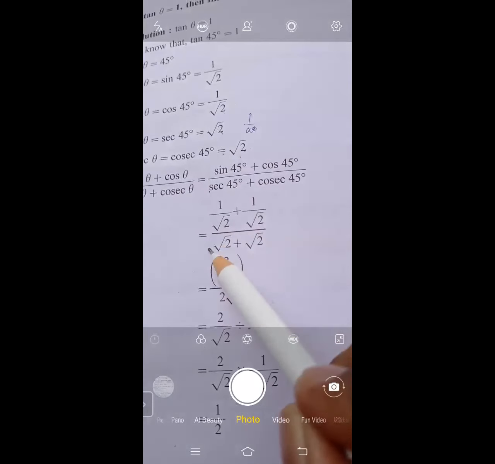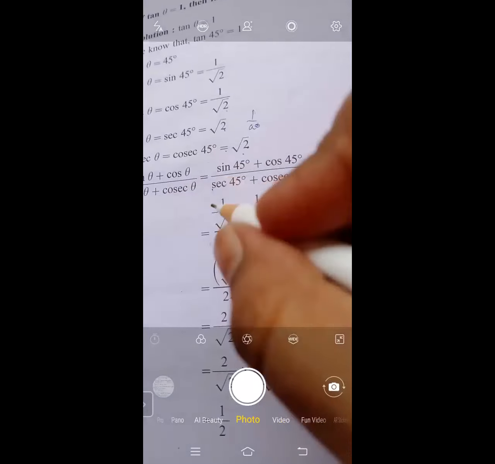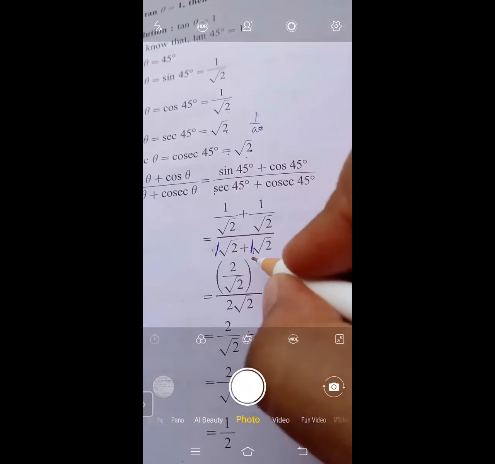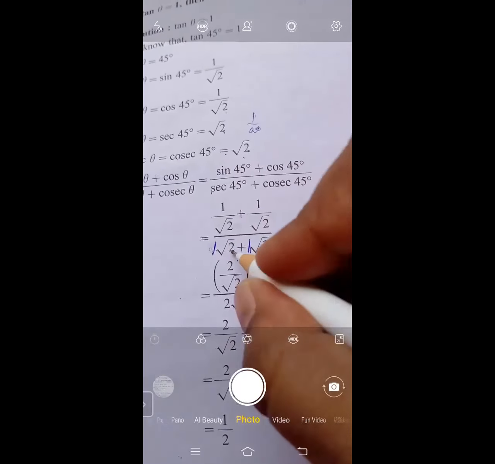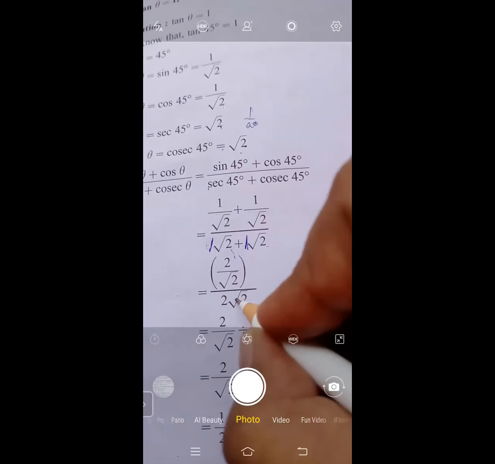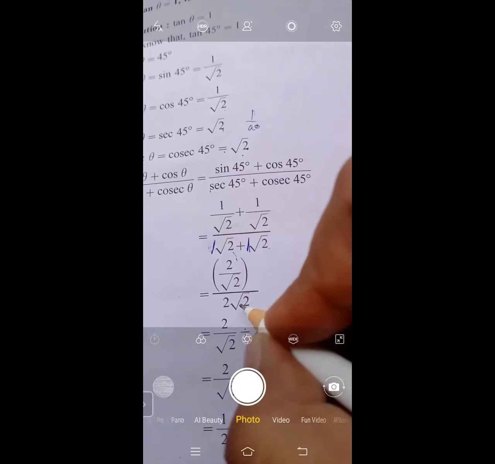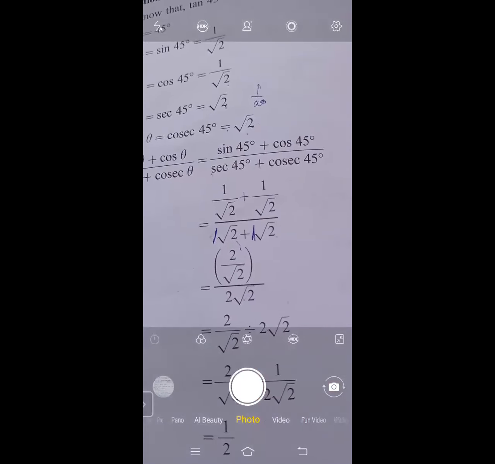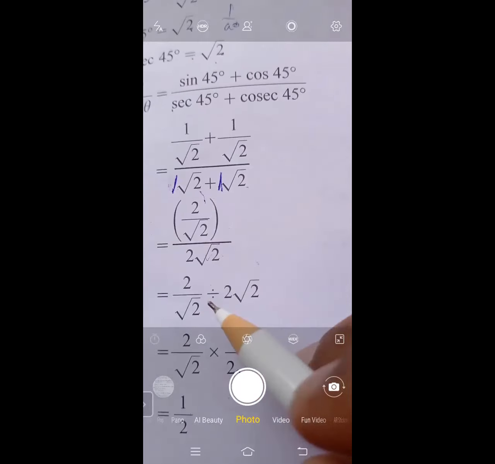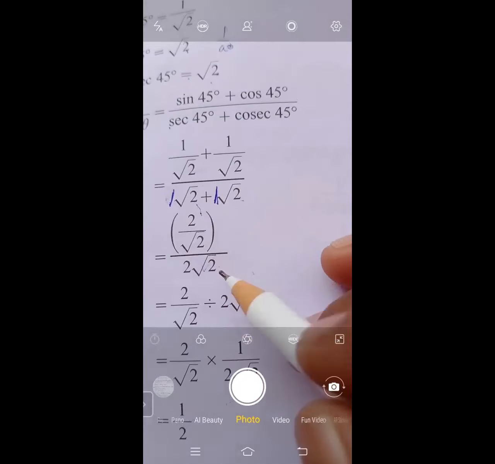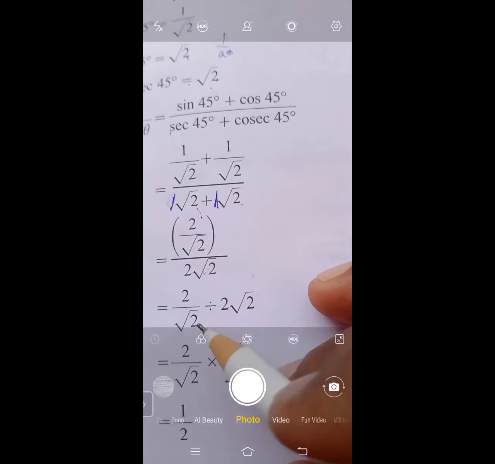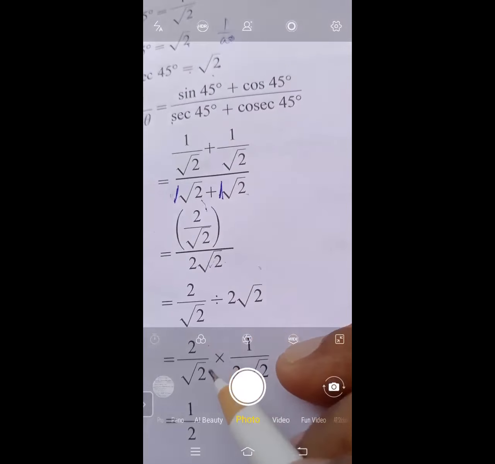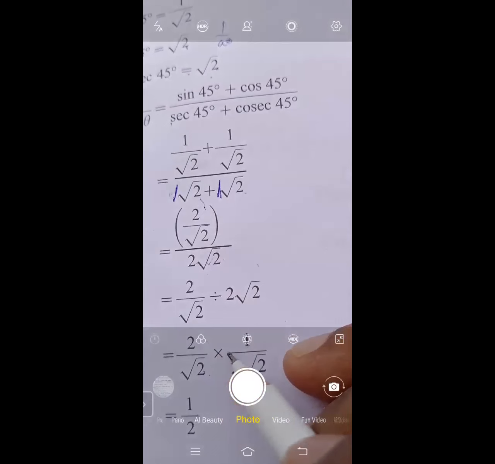Okay, we will add the coefficients. Here, if nothing is written as the coefficient, it means that 1 is there. So 1 plus 1 became 2, and the same square root surds. Here we have followed the operations of surds, so the answer is 2 root 2. Now just take the reciprocal of your denominator. So 2 divided by root 2 divided by 2 root 2, so the reciprocal of it is 2 divided by root 2 into 1 upon 2 root 2.